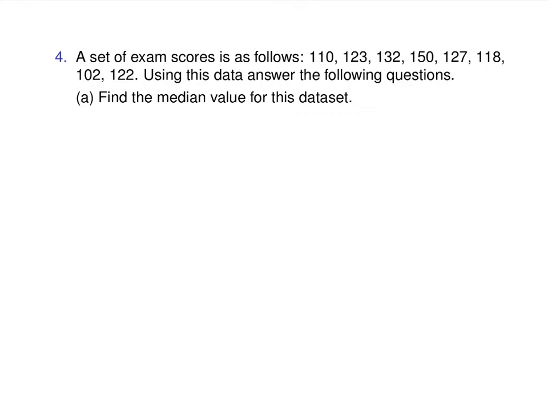I think I asked this question a little differently on the quiz. I might have said find a 5-number summary. First of all, we have a set of exam scores, and this is an exam that's obviously not out of 100, probably out of 150. First, find the median. If you're going to find the median, what do you have to do with the order of the numbers in your list? Put them in order.